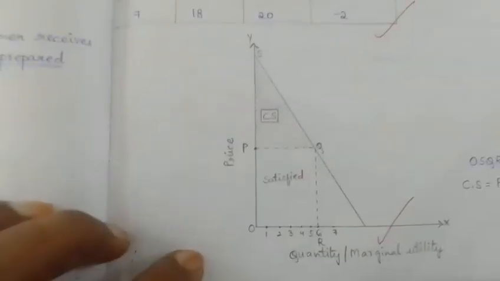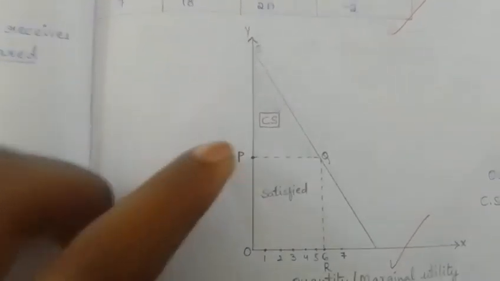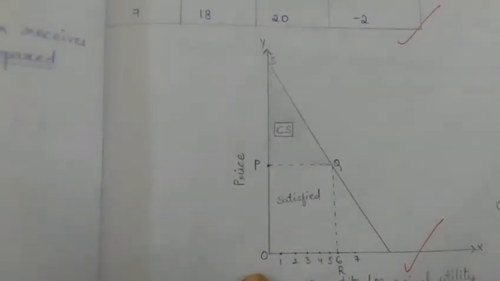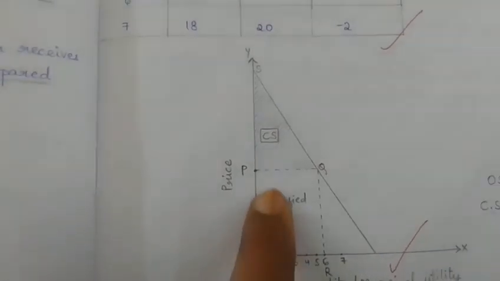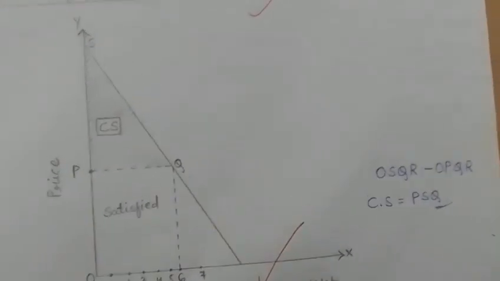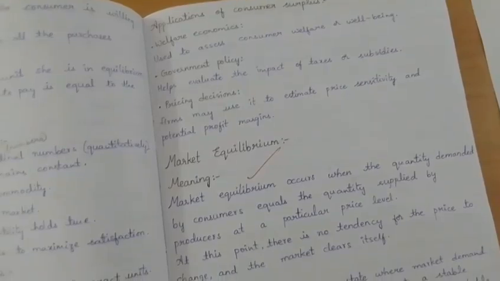When you put it graphically, this is how your graph will look. Let's say the entire amount is your 2000 rupees. Out of this, you have spent just 1800 rupees. This is your satisfied area. What you have not spent is your excess area, and that excess area is denoted this way. This is important, remember this. Mathematically, if you want to remember this, you have to plot these points and then do this. Now comes assumptions of consumer surplus. This is how you will have to plot them. Next comes applications of consumer surplus.